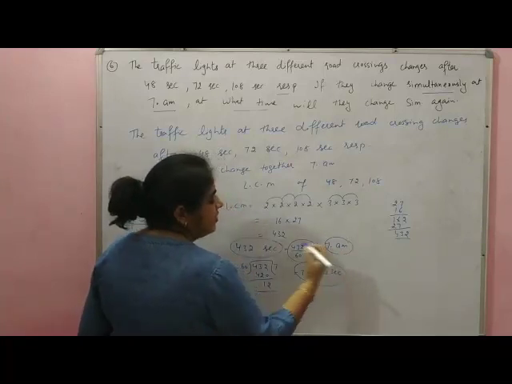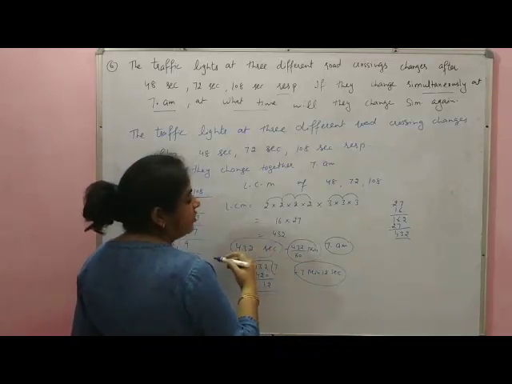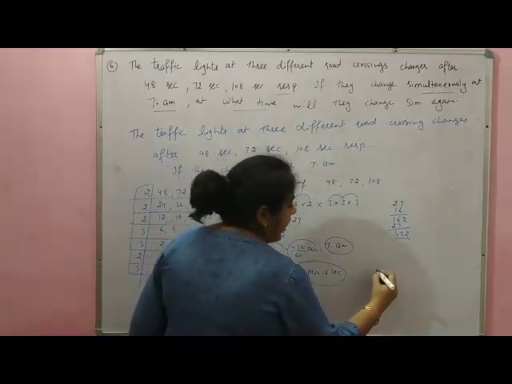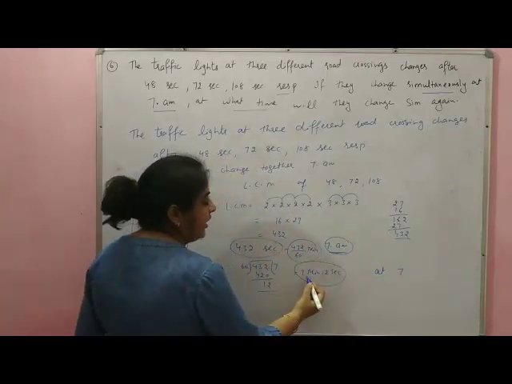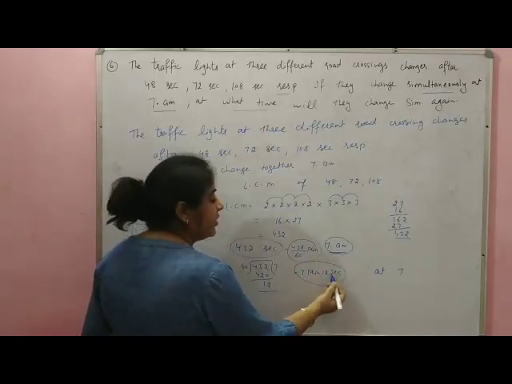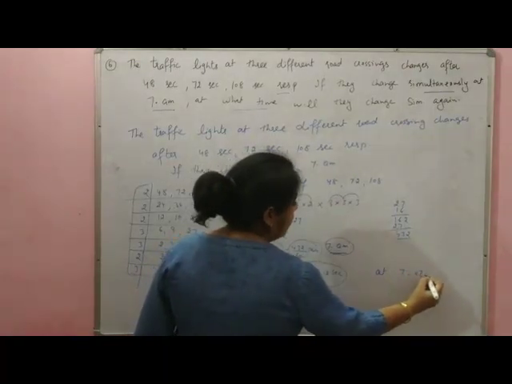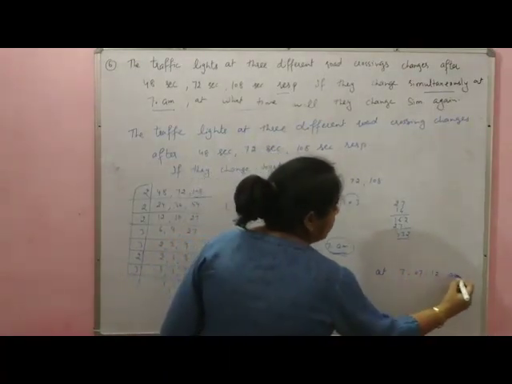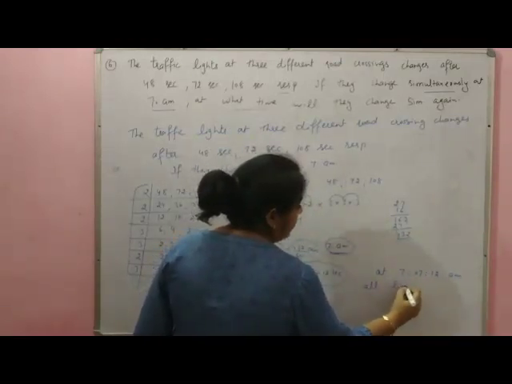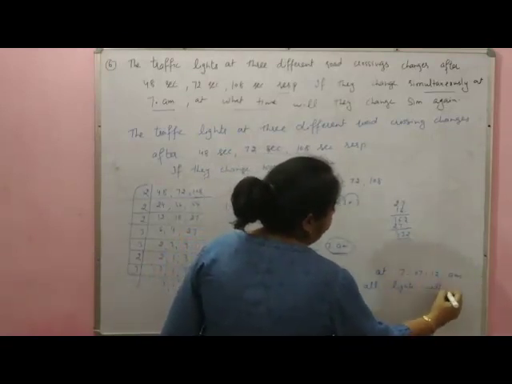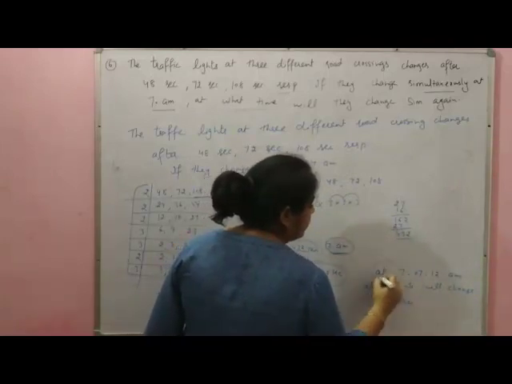So the starting time is 7 a.m. What would be the time at the end of 432 seconds? 7 a.m. is already there, so after 7 minutes 12 seconds, what would the time be? It would be 7 o'clock 7 minutes 12 seconds. So this would be the time at which all lights will change together. So this is your required